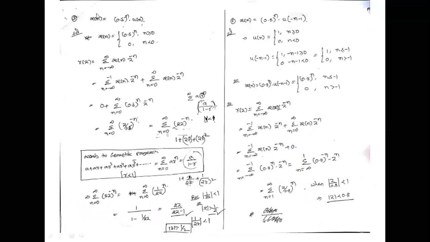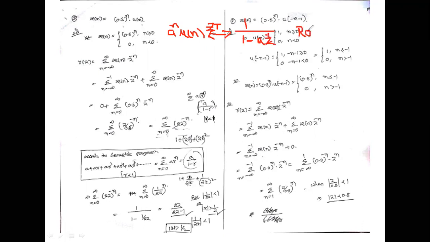Third example: x of n is equal to 0.5 whole power n mu of n. We already know a power n mu of n has the function 1 by 1 minus a z inverse. What is the a here? 0.5. So according to the function a power n mu of n, the z transformation is the standard z transformation, 1 by 1 minus a z inverse,